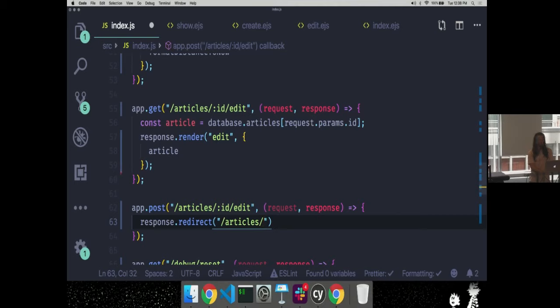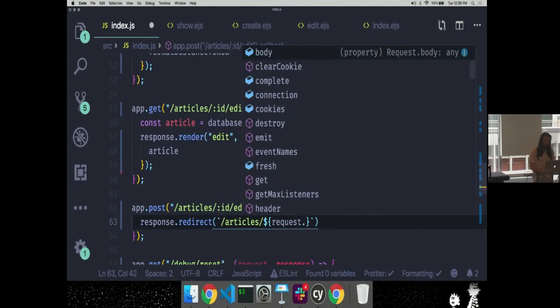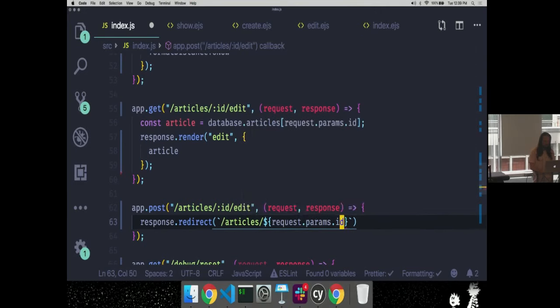Should we go back to the list? I think we should go back to the one we changed, not the list. So in that case, we want to redirect to /articles/ and here I could use a template literal and use request.params.id.